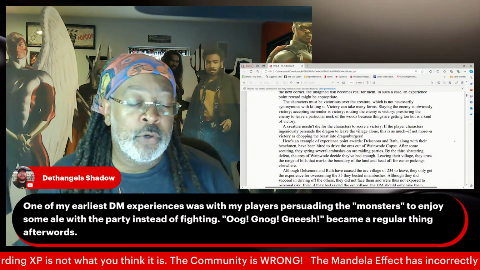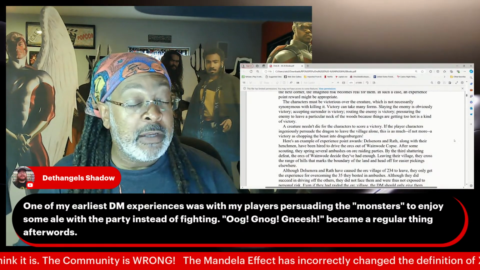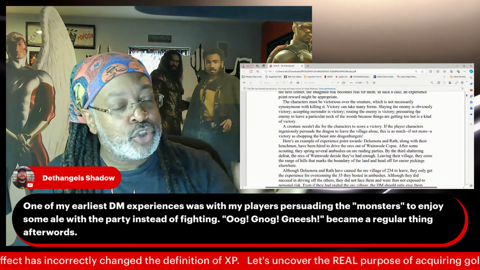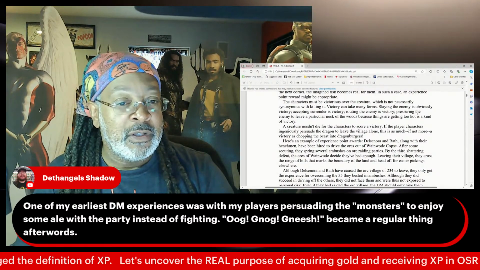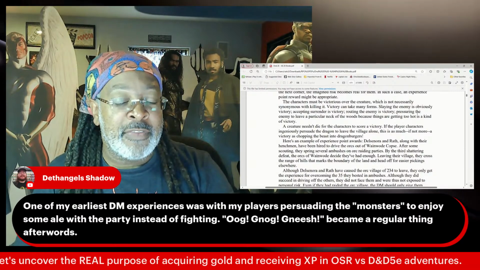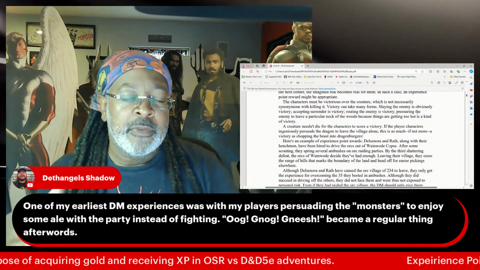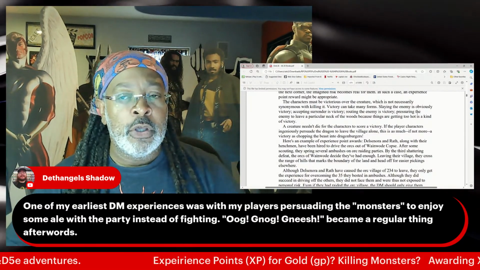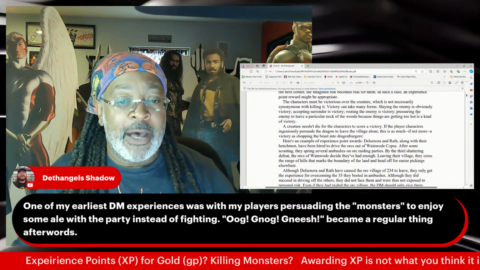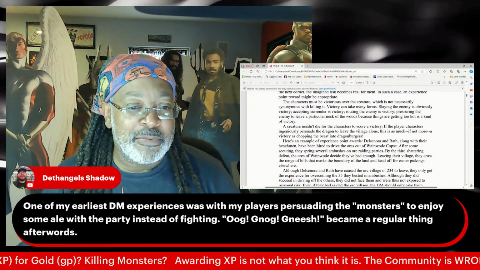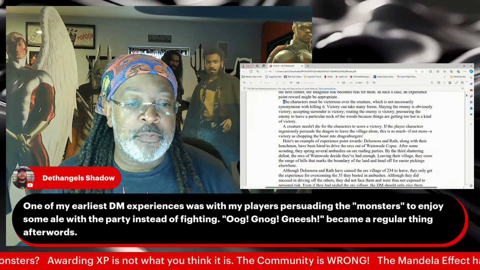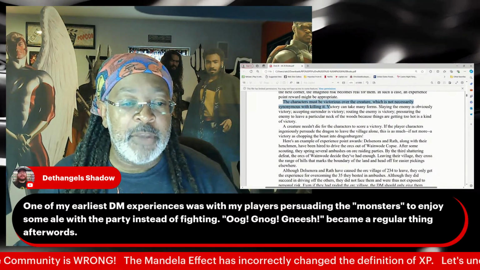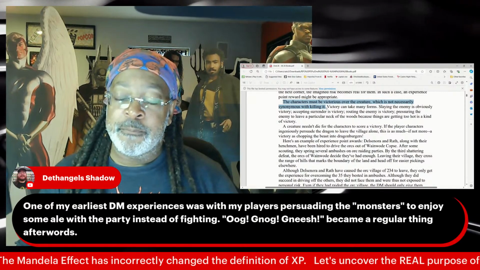Of course, you could make a quantum ogre and make that war band real, right? But if the players perceive it, now mind you, could players pretend? Sure, but maybe they didn't know this rule. And maybe today, right now, there are players out there, with the Mandela effect, the over-canonizing of a canon that didn't exist, who think we only get experience points for what's out there. There must be 50 nearby, right? Because we saw 5. I don't know. The characters must be victorious over the creature. Okay, we get that. Which is not necessarily synonymous with killing it. Said 30 years ago. 29, whatever.